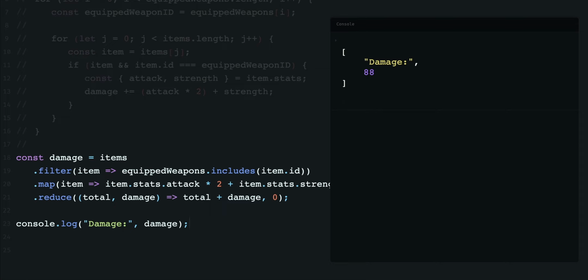Once you get the hang of it, it can help you write more concise and readable code. This is where the power of declarative coding becomes evident. Rather than writing code that describes every step of the process, such as loops and conditional statements, you write code that clearly describes what's going